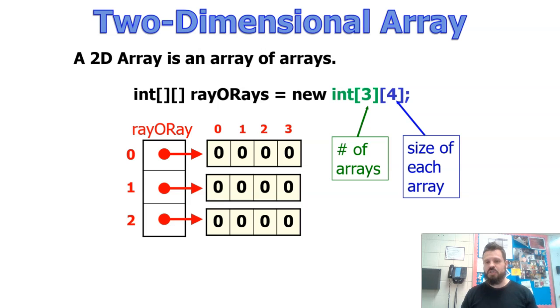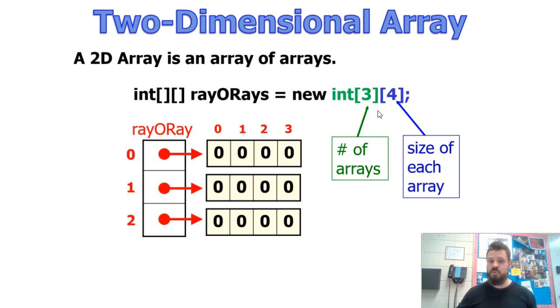So if I want to make a two-dimensional array, I have to remember that a 2D array is an array of arrays. So if I want a table to hold ints, I'll say int braces braces, as in array of arrays. We'll call that array arrays just because. We'll say it's a new int braces braces,